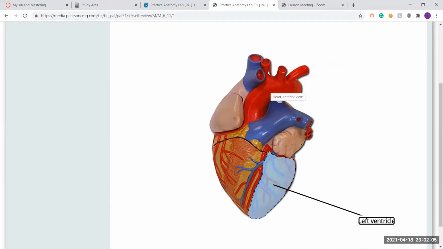On the right side, you see there is only one branch, and this branch is called the brachiocephalic trunk. This trunk then divides and forms the right subclavian artery, which goes to your upper limb, and the right common carotid artery, which goes to your head. But on the left side, there is no brachiocephalic